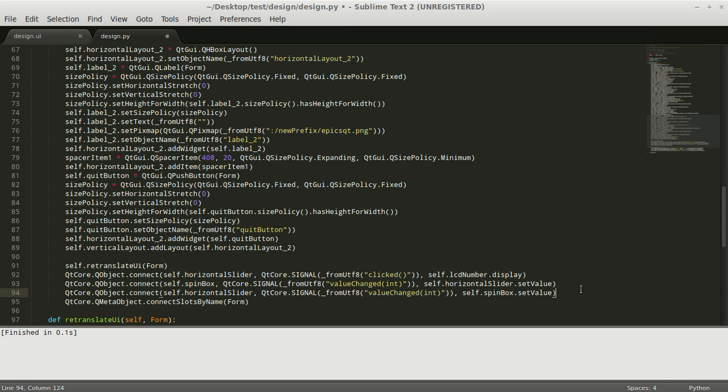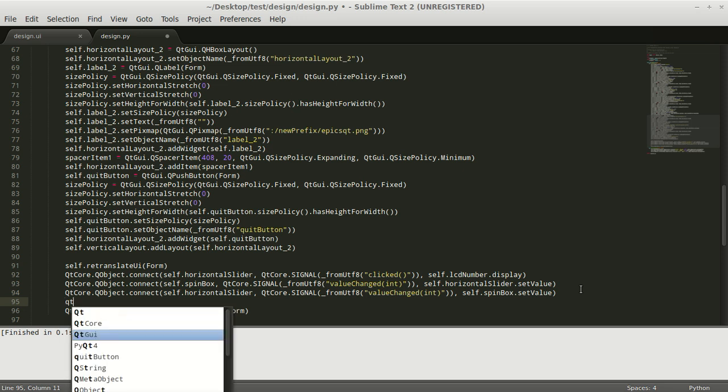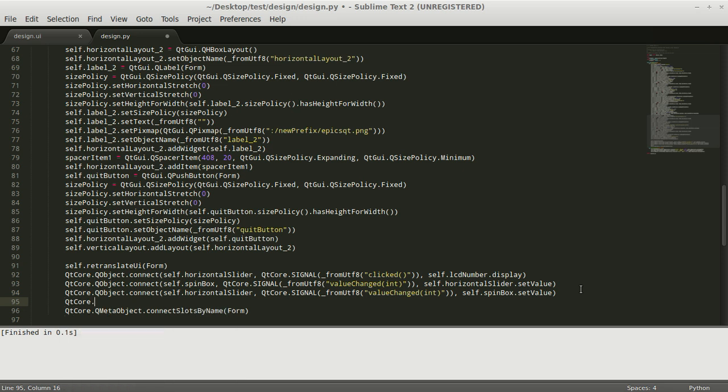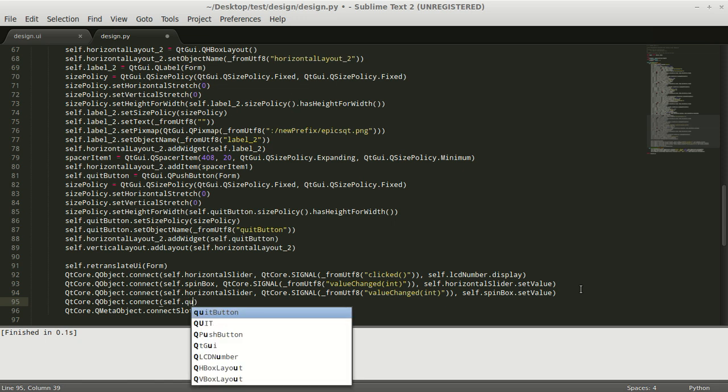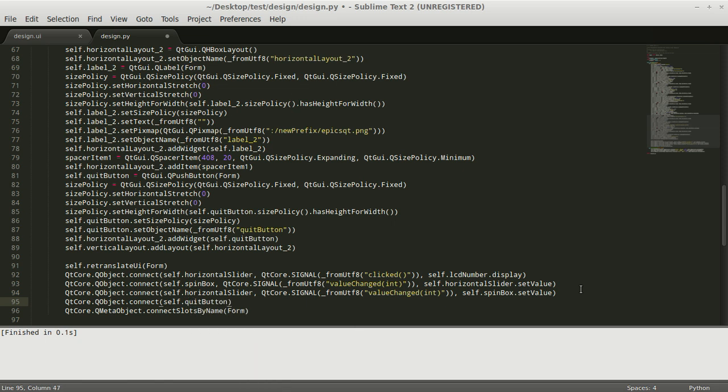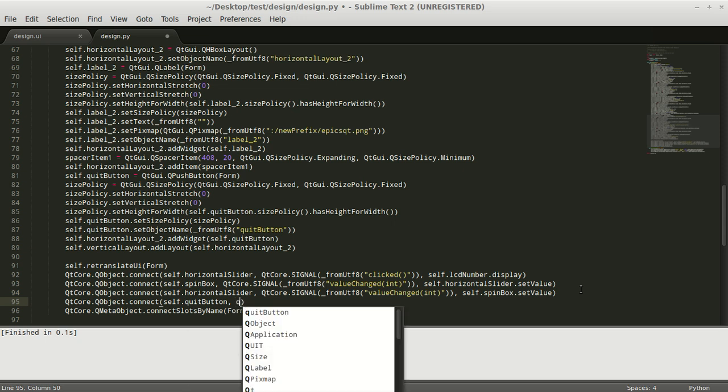One thing we forgot is a button. So again, Qt core dot q object dot connect. Okay, in this case for the button you have to use connect, as we are not making any other function, that is if the quit button is clicked or something. In the previous case, even in Qt Creator you could have used the same, it wouldn't have made any difference. So self, the source is Qt button, the signal is